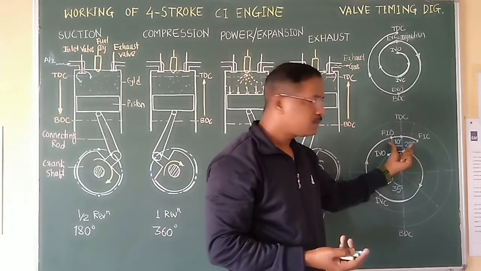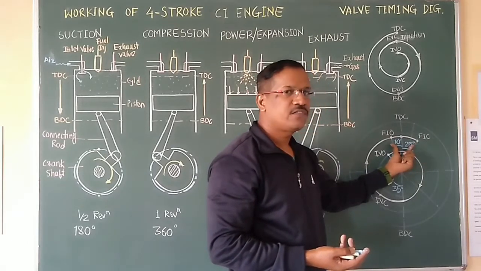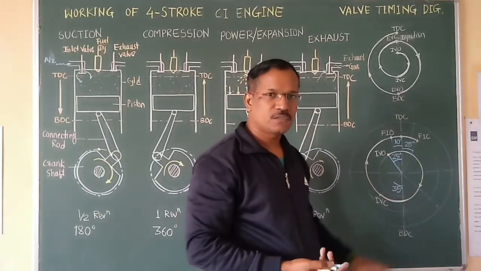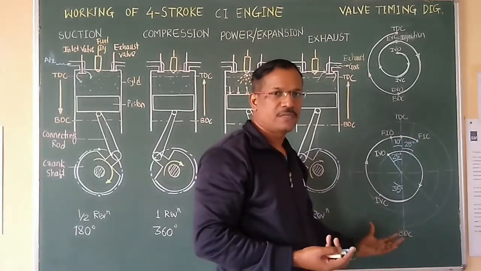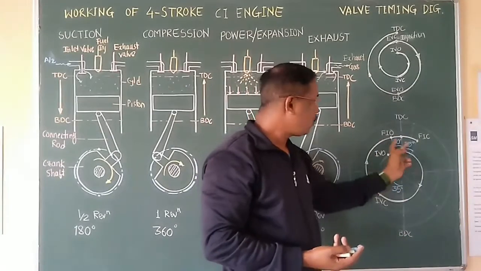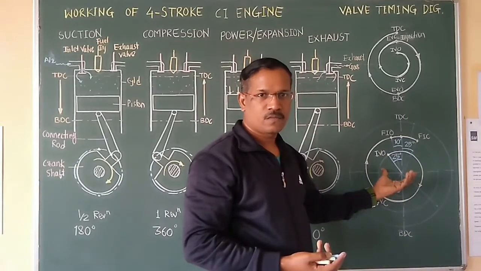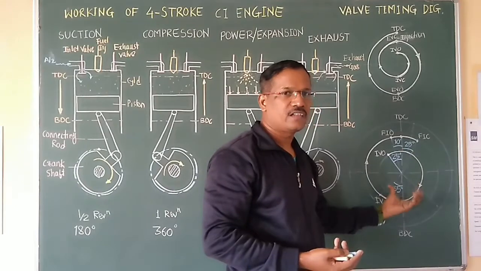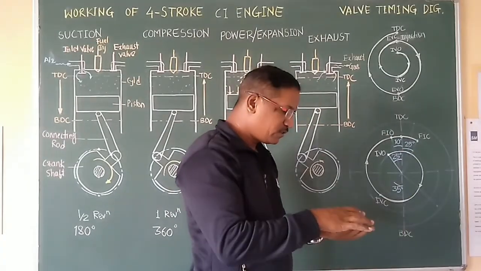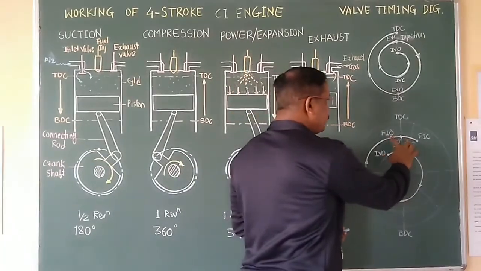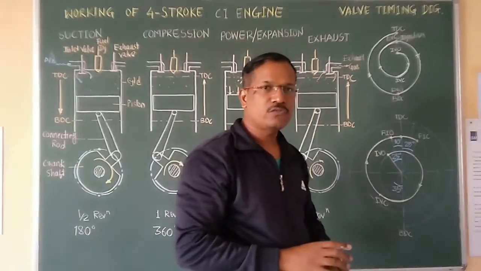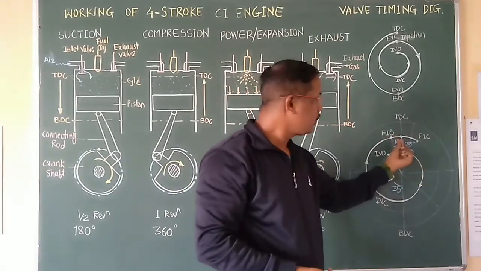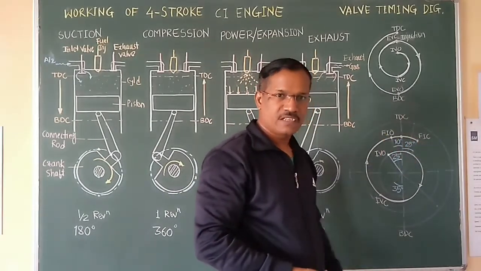So the fuel injection period is 35 degree, and all these degree notations change as per the engine speed. This is mostly for slow speed engines. If I increase the speed, all these degrees vary. So if you refer to different books, you observe different angles. Okay. So fuel injection close. This fuel injection period varies according to power requirement. If we require more power, that means we have to supply more fuel, so this total fuel injection period will be increasing.